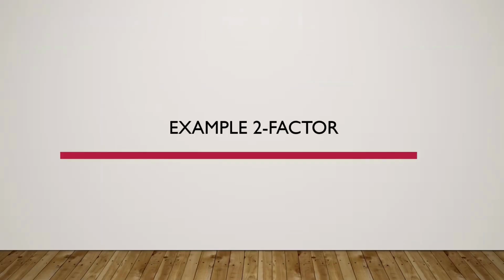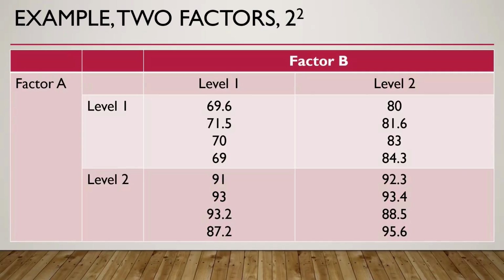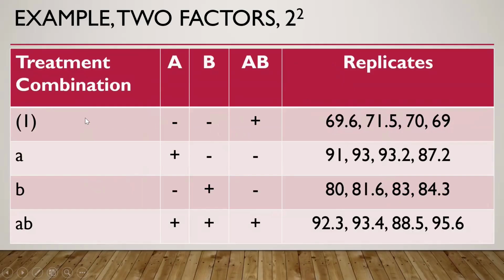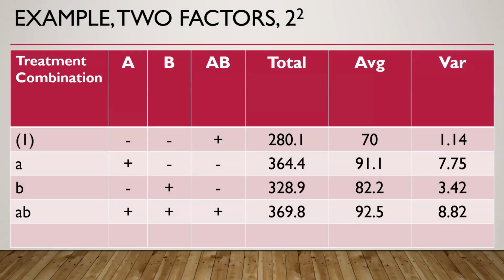Now second example. So second example is for all of us to do manually. So let us say if we have two factors A and B, each with two levels. So it is a 2 to the power 2 design, and there are four replications in each treatment group. This is according to Yates nomenclature. These are the replicated readings for all the four combinations, and we calculate the total of all the replicates. We calculate the average of the replicates, and we also calculate the variance.